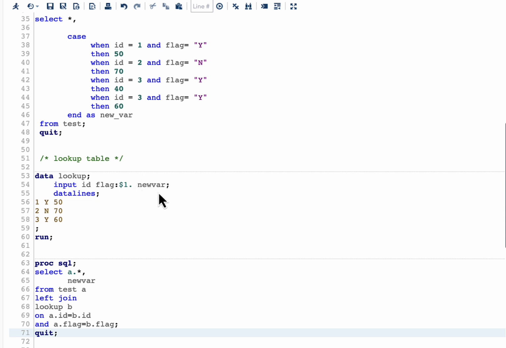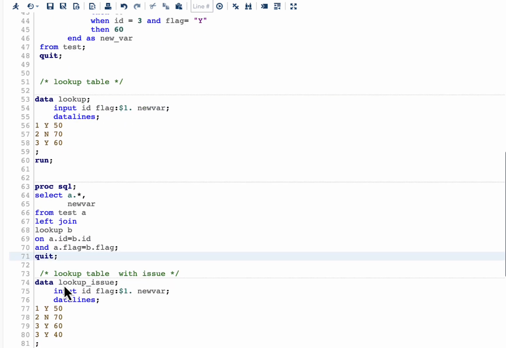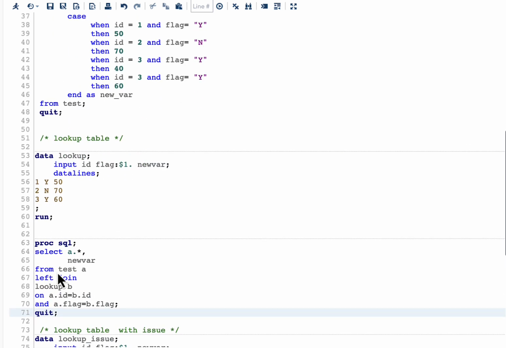which is new var. And I have represented the same in the form of code here, wherein I am saying that I want to join the test dataset with the lookup dataset, and then I want to bring the new var variable which is there in the lookup table. And here you can see the join condition. I am saying a.id equal to b.id, a.flag is equal to b.flag, and